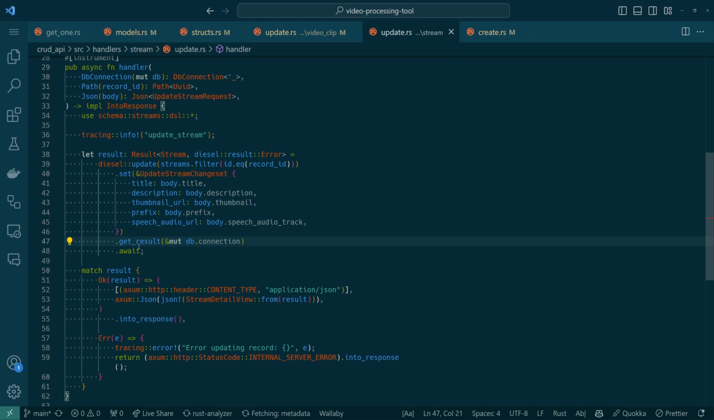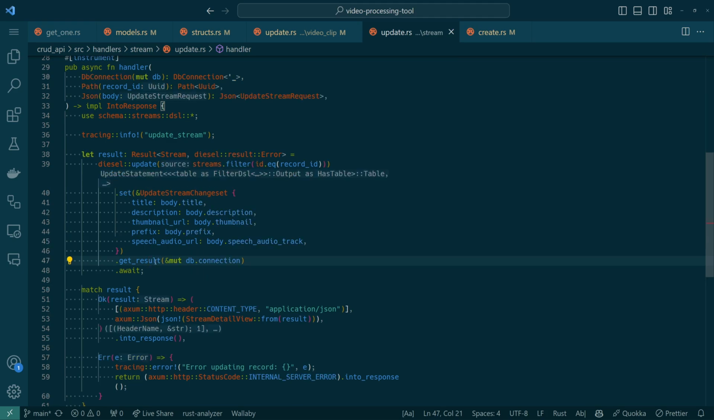Anyway, hover over get result should say that when you use get result, it adds a returning star to your update so that you get the record back that you just updated. Now, I don't know how that's going to work if what we want to do is not just get the record, but we also want to do a join and get the associated video clips. Okay, we're still not